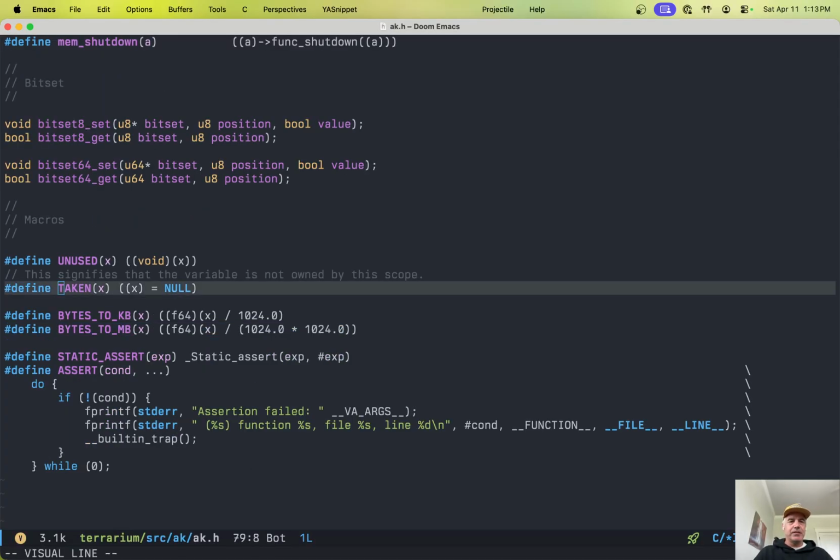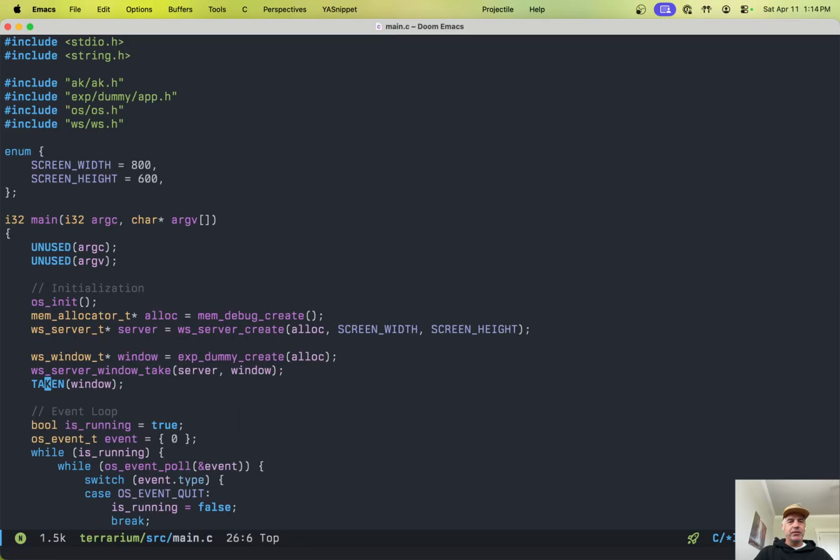So this just sets it to null. And the reason I did that is I was like, oh, it's cool. We'll have functions called take to signify ownership, and then you do this. The problem is it's easy to forget. There is another way to do it